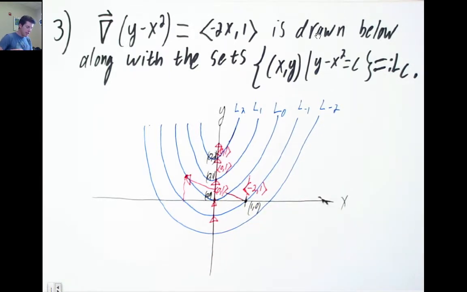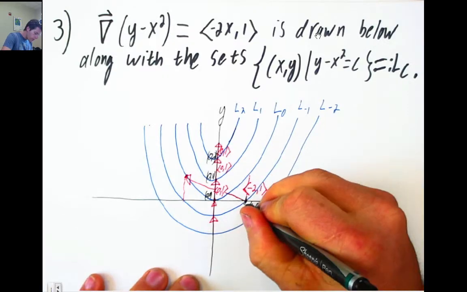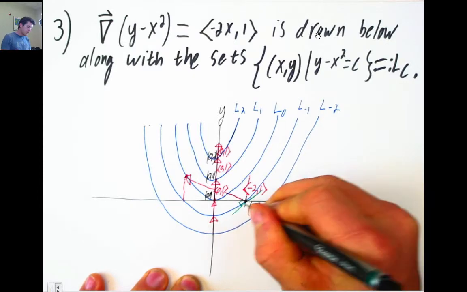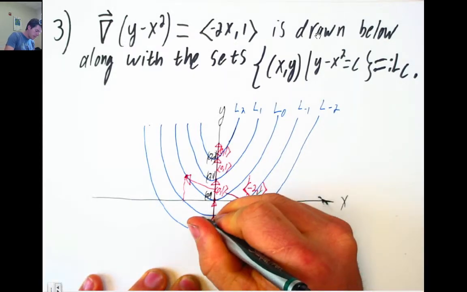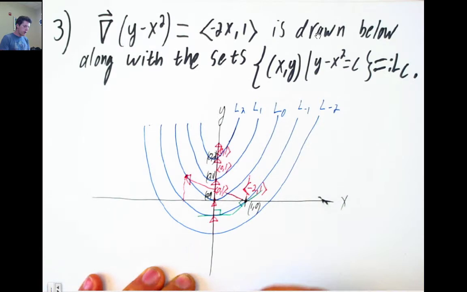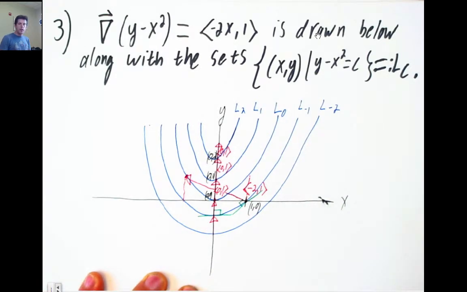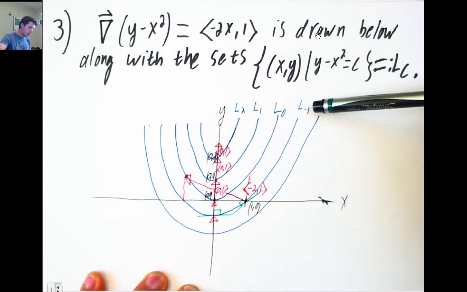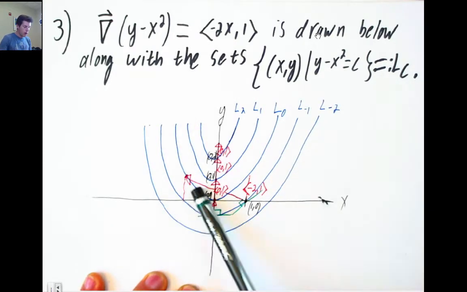And again, you see that this is orthogonal to the line tangent to that level set, just like this was orthogonal. So the direction of my gradient vectors is going to change as I change where I am on the